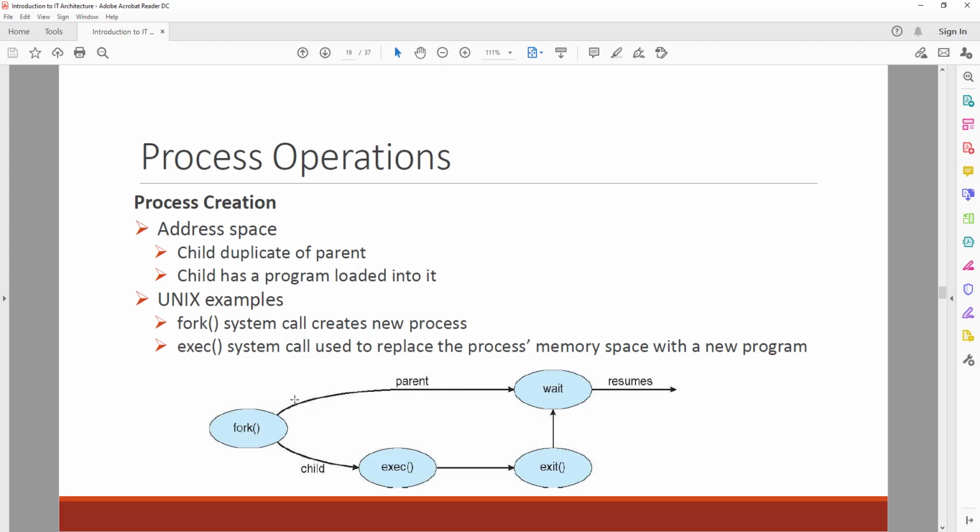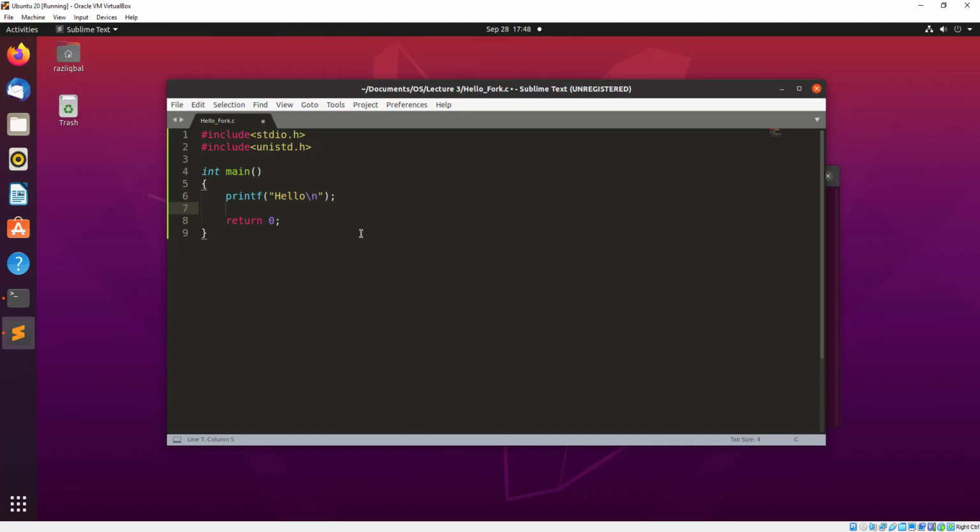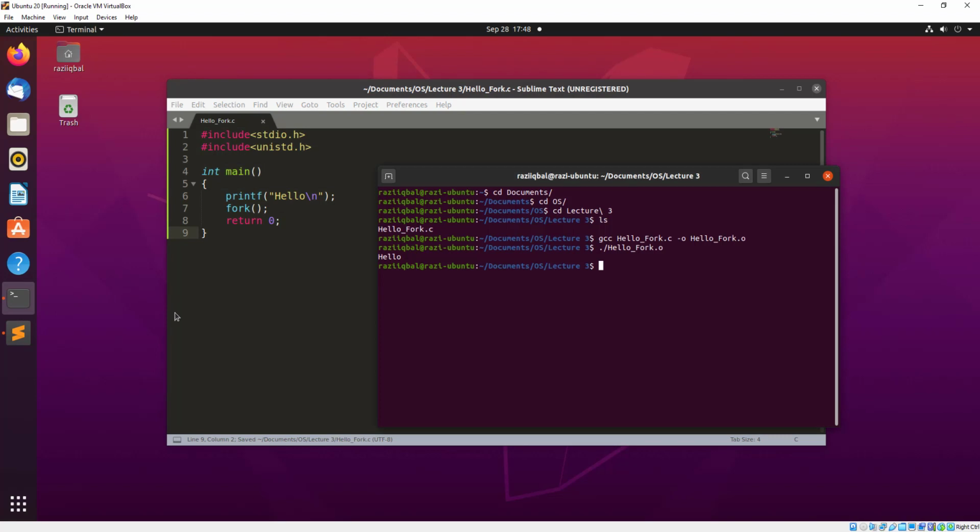Right? So two streams. It will create a parent stream as well, and then it will create a child stream. So this is what I'm going to do. I'm going to call the fork command, just like that, and print semicolon. If I execute this, I'm going to compile it again and execute it again. Nothing fancy, nothing has happened,